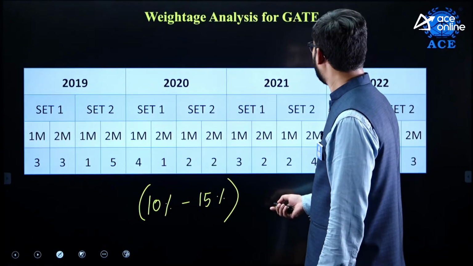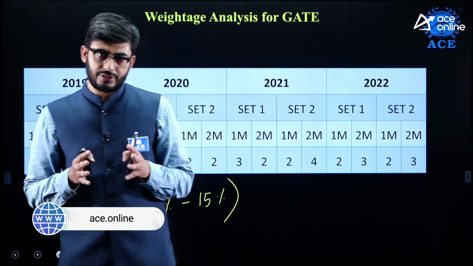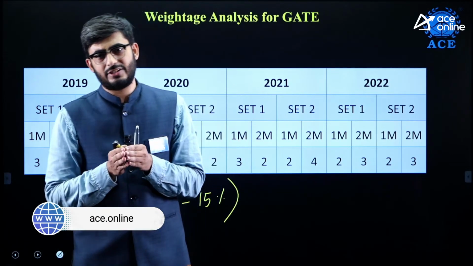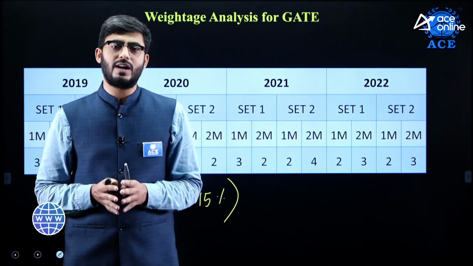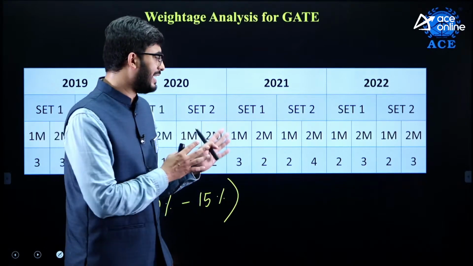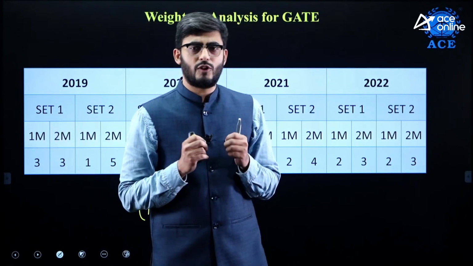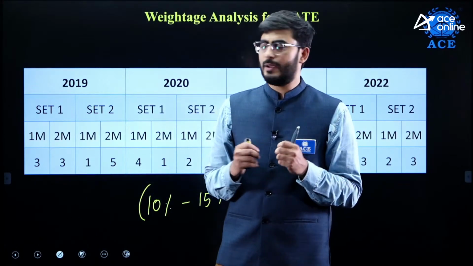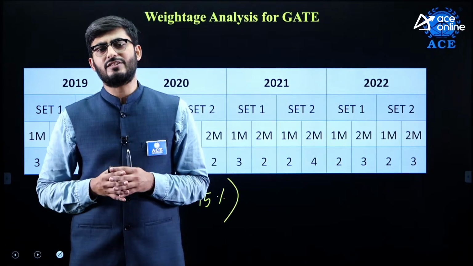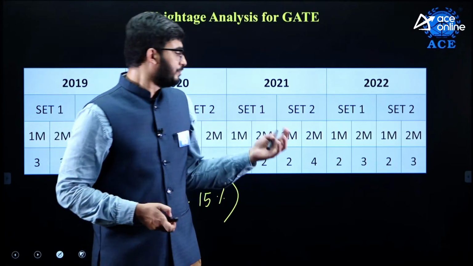Now guys, one more thing I forgot to share. For the production and industrial engineering guys, this subject will have a weightage between 2 to 3 marks only. That is the weightage. And for production and industrial engineering, in that paper, we have observed more questions from the analysis of the planar mechanisms.